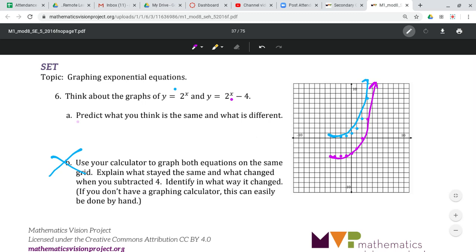They have the same shape. That's supposed to be an A for shape. But what's different? They have that same shape. Each time we're going up exponentially, or we're multiplying by 2 from the previous value to the next. So what's different? The second one